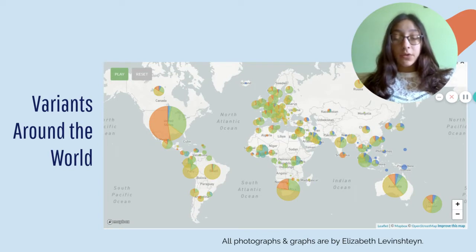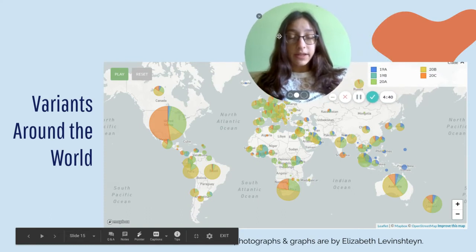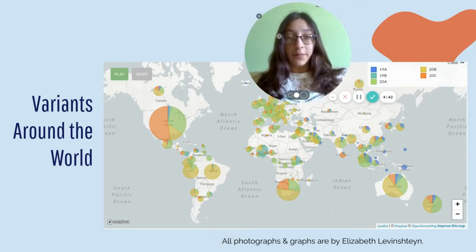A reason why it's so important to have a test that is sensitive to all variants of SARS-CoV-2 is because, as you can see, different regions from around the world have different clades of the virus that are more common. For example, in the United States, the 20C clade is the most common, while in Australia and Russia, the 20B clade is more common. This is why it's very important to be able to pick up on all variants of